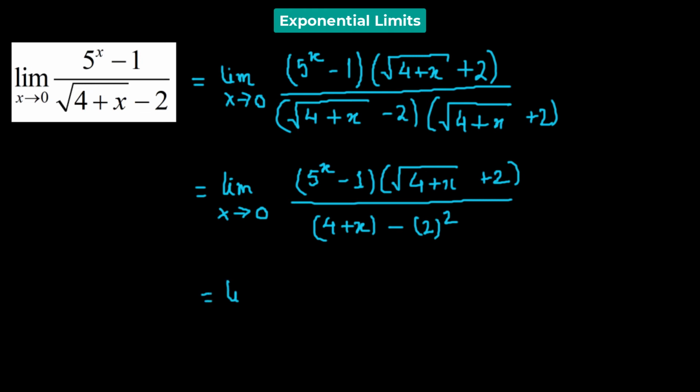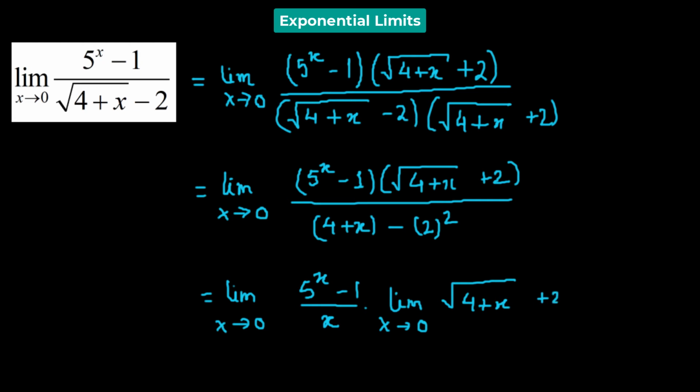So we have limit x approaching 0, 5 raised to the power of x minus 1. So we have an x in the denominator. So we'll put it as the denominator of 5 raised to the power of x minus 1 and apply the limits to the second function, which is square root of 4 plus x plus 2. So the definition tells us that the limit of 5 raised to the power of x minus 1 over x